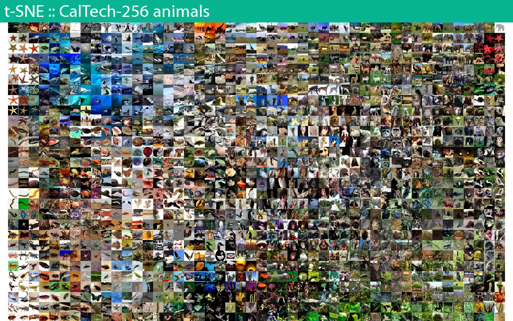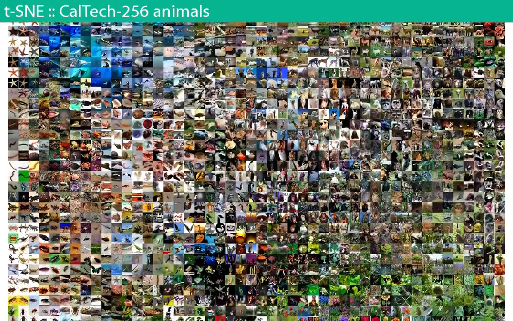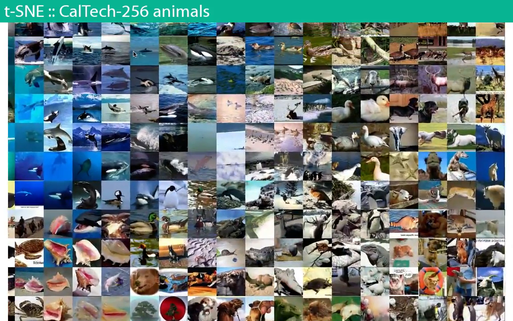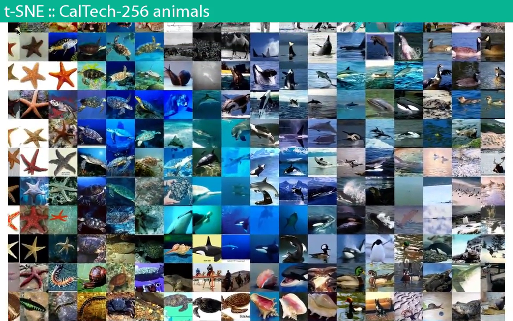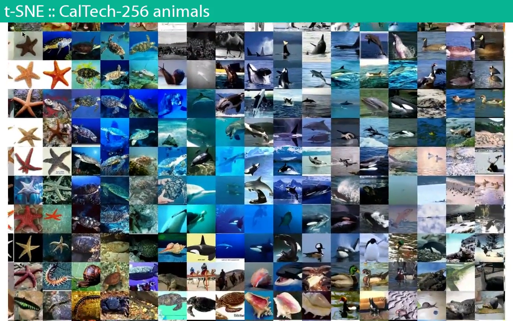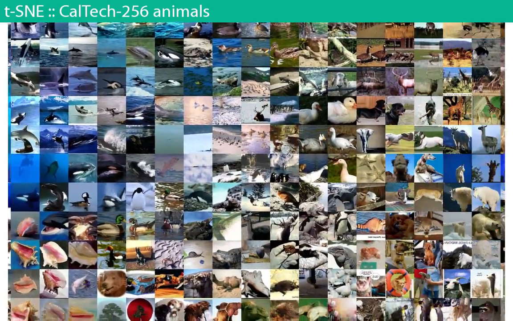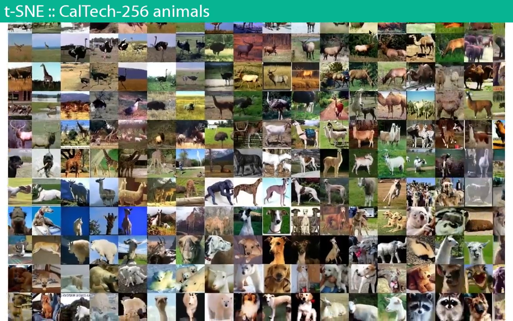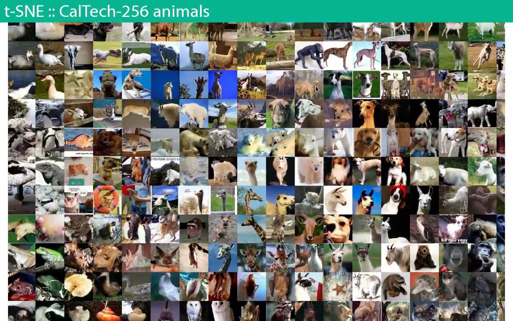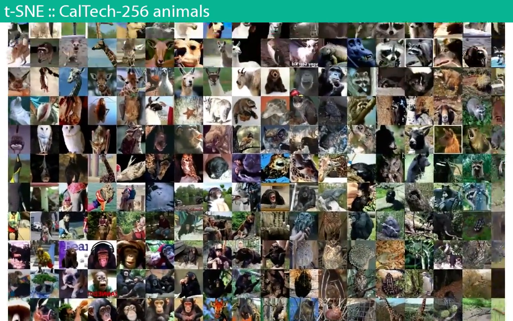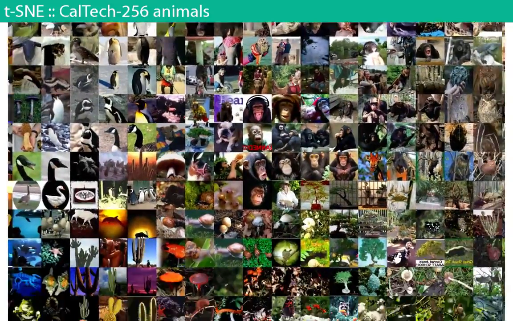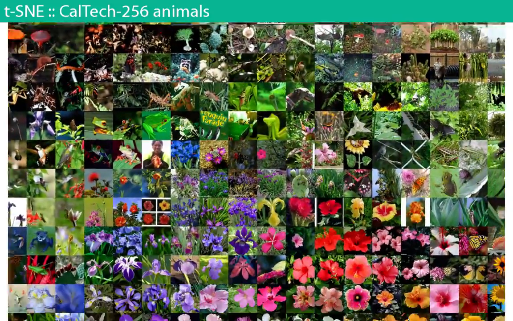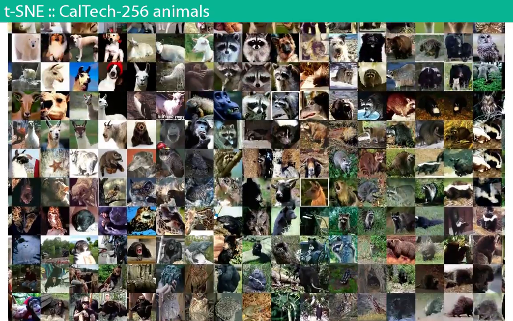And if you do this to images, you can create something like this. This is a huge grid of images from a data set called Caltech 256, which contains animals, and it will group animals according to their similarity. Here I have ostriches and llamas and dogs and gorillas and flowers, and they're all grouped together.